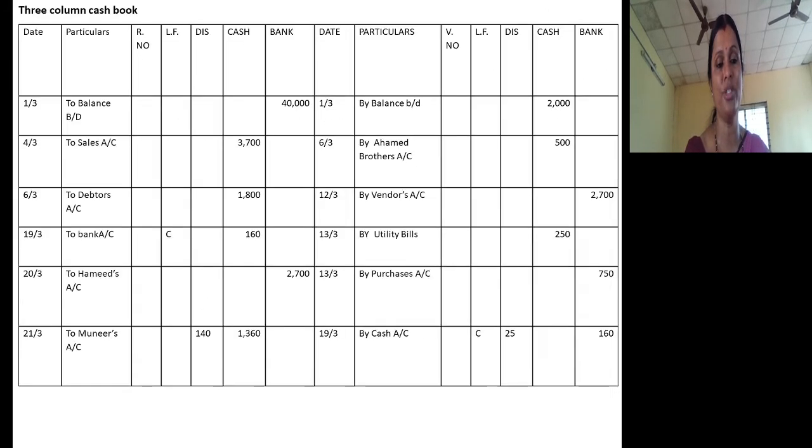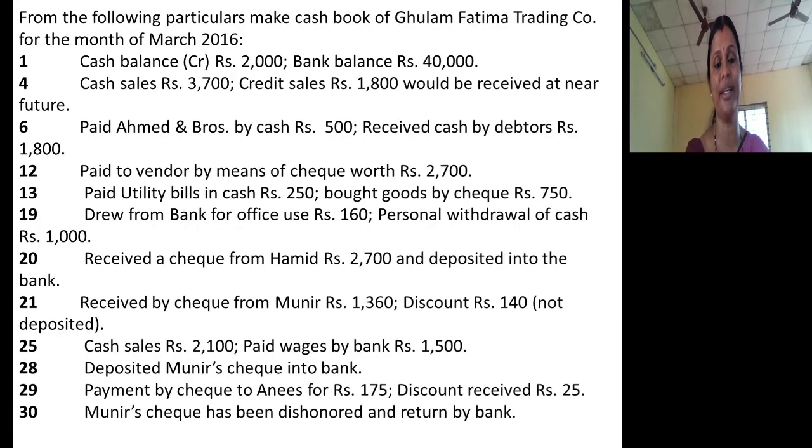So how I recorded, you just see. To Munir. So cash account debit, not bank, because you have not deposited that check to bank. So whenever you receive anything in terms of check, whatever is payable by someone, if they pay in terms of check, it will be treated as cash received if not deposited. It is clearly given it is not deposited. So cash account debit 1360, discount account debit 140. So reference is given to the account which gets credited in the journal entry, to Munir's account. So this is how we are recording.